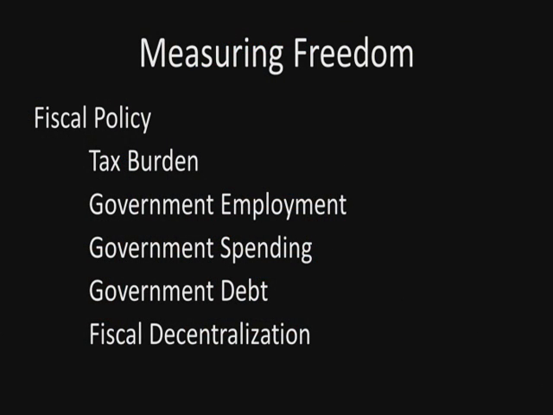In terms of how we construct the index, it looks at economic freedom and personal freedom. In terms of economic freedom, we're really looking at fiscal policy and regulatory policy. Those each count for about a third of the index. And then personal freedoms, or what you might call paternalism, so restrictions on people's individual ability to educate your children as you see fit, or issues dealing with, say, gun control, or tobacco freedoms, things like that. So it's about a third, a third, a third in terms of fiscal policy, regulatory policy, and personal